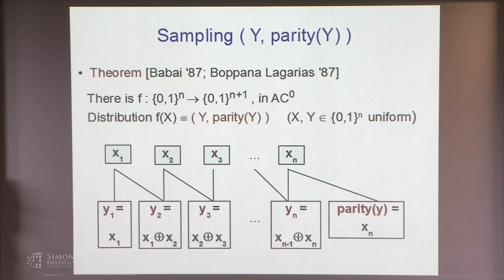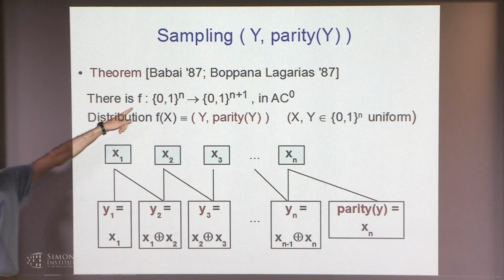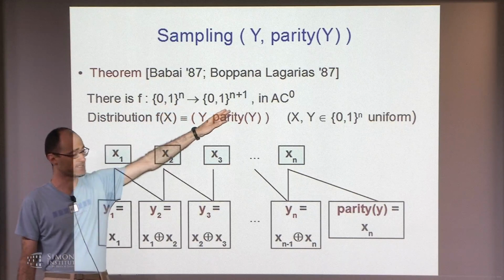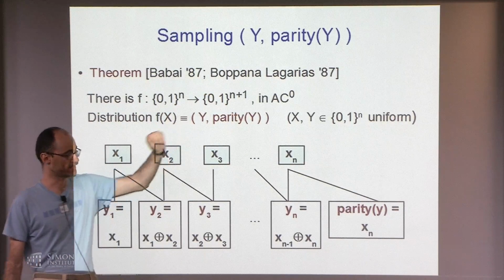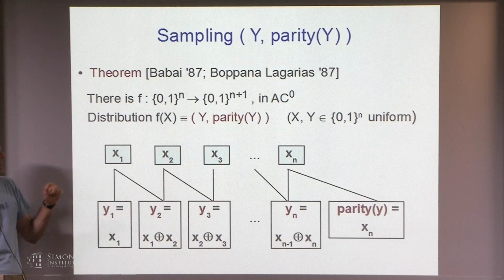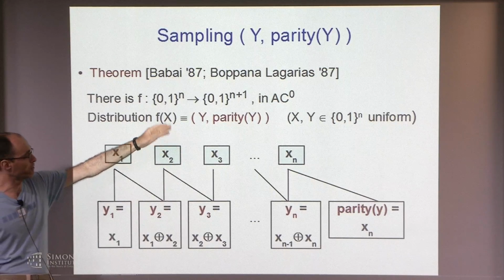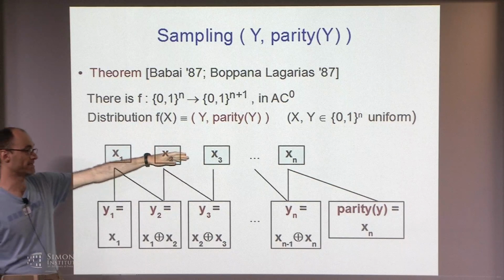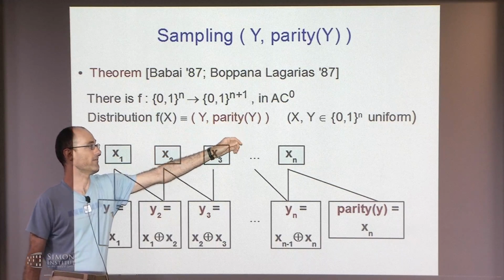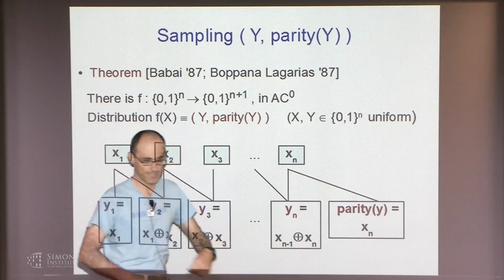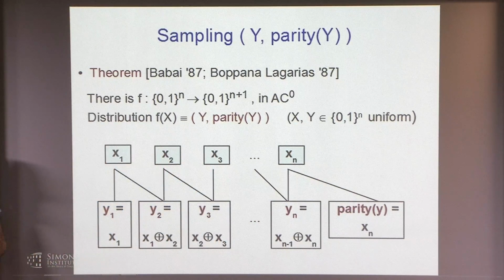And this is something which was pointed out by Babai, Nisan, and Szegedy 3 years ago. It's a simple construction that you can actually do over any group. So let me see exactly what I mean. I claim that there is a function that maps just n bits to n plus 1 bits that's in AC0. In fact, it is just locality 2, as we'll see in a second. And the output distribution of f over a uniform input will be exactly the distribution y, comma parity of y, for y a uniform input. So it's exactly generating a uniform input together with its parity.